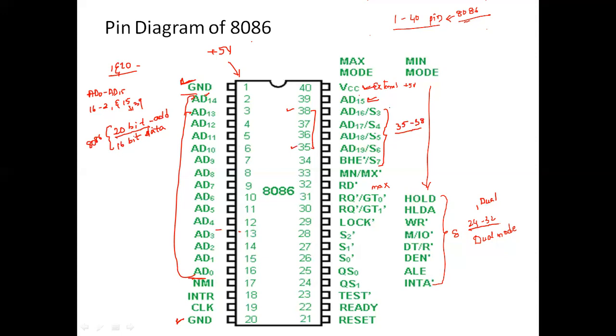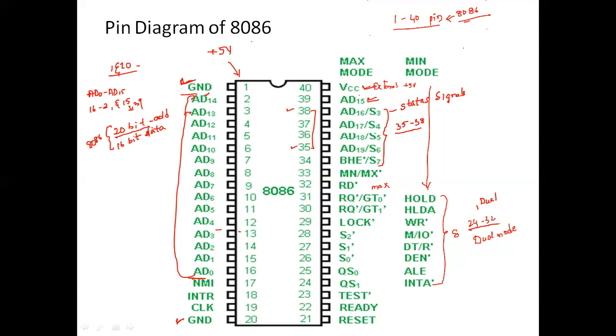So S3, S4, S5, S6, S7 are status signals. We are going to multiplex the status signals with the address lines 16, 17, 18 and 19. In the case of a memory operation, these pins act as an address bus and contain the memory address. Basically the signals at S3 and S4 show which segment is currently accessed by the microprocessor. That is the main important case.